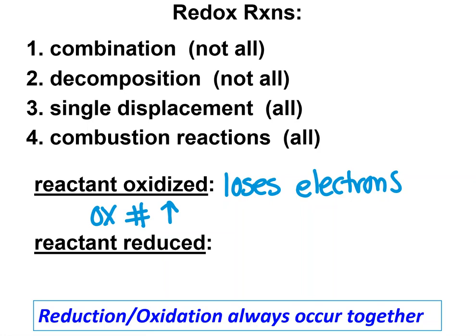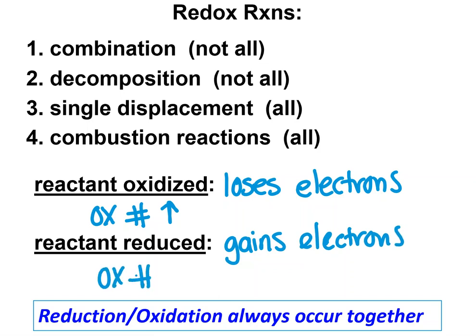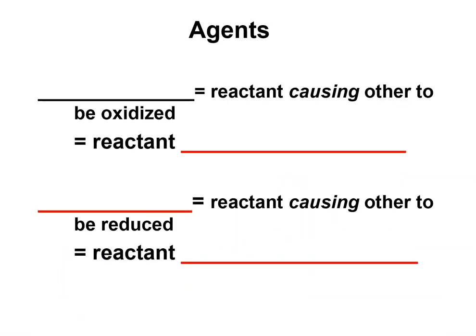The reactant reduced gains electrons. So its oxidation number decreases. And this is how I remember the definitions, is that reduced and oxidation number is reduced. Those two go together. Now we're going to look at definitions in terms of what a reactant is doing to